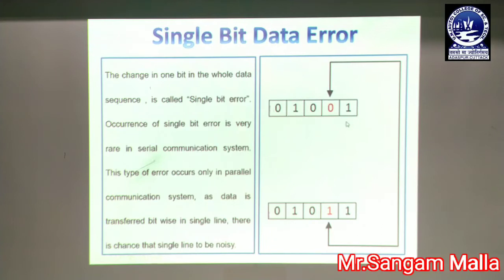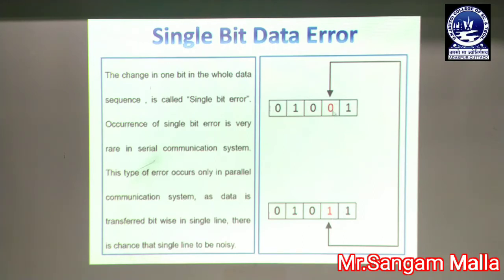You can find the image over here, you can see a data stream or a sequence of data. Here you can see the inputted data is 01001. Whenever it is sent from the sender side to the receiver side, let's say here we have 5 bits and here also we received 5 bits, but you can see that the sequence of bits on the sender side is not equal to the sequence of bits on the receiver side, because the sequence is 0 1 0 0 1, whereas on the receiver side we have 0 1 0 1 1.